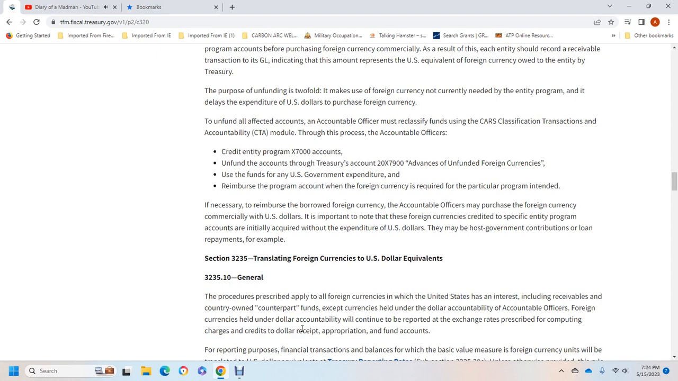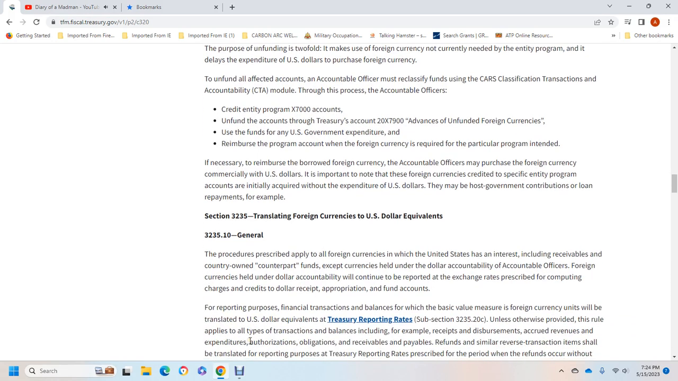Dollar equivalents. 3235.10 General. The procedure prescribed applies to foreign currency for the United States that has an interest in, including receivables and country-owned counterpart funds, except for the currency held within the dollar accountability. Accountability officers for the foreign currency under the dollar accountability will look at the reported exchange rate prescribed for